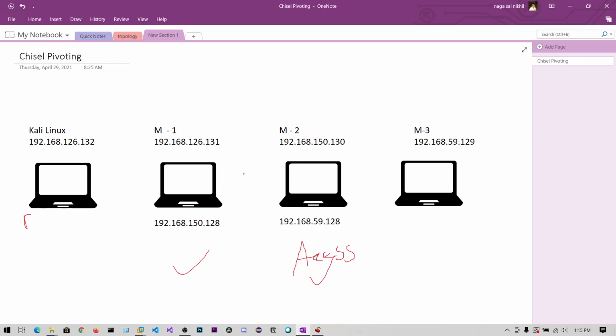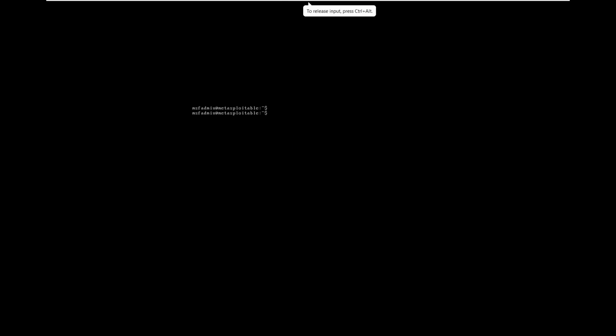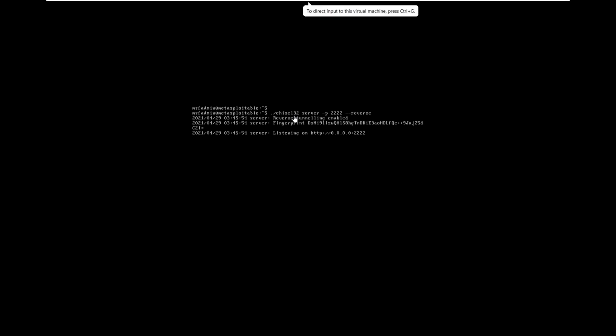So to do that, whatever we have done on Kali Linux, do like this: chisel32 server, and let's say port number 2222 and the reverse flag, and hit enter. So okay, we are listening on port 2222.